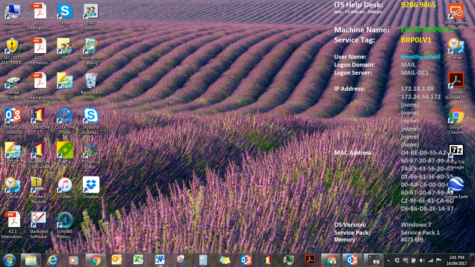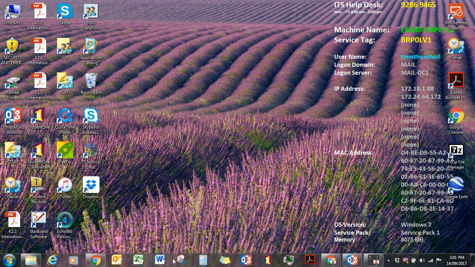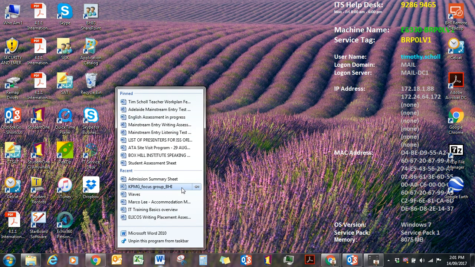So if we open this again, this time we're going to right click and it's going to bring up a list of documents. Now some of these are under the banner of recent, so the most recent things that you have visited, and some of these are under a menu called pinned. So if you've got a document that you use a lot, like an email template that you write in Word, or some sort of document that you use frequently, you can actually hover over that and you'll